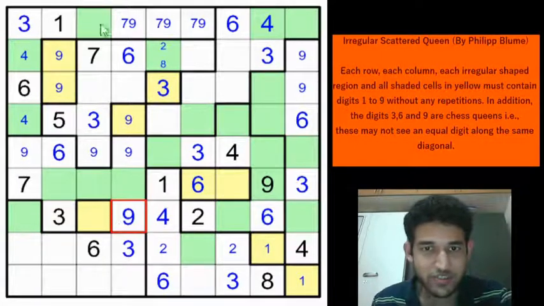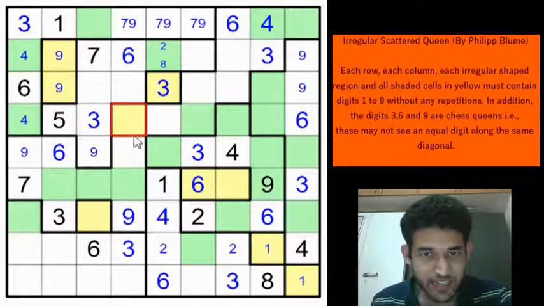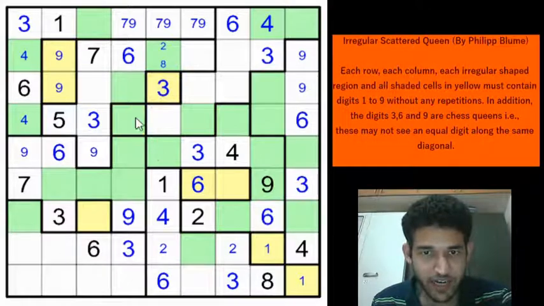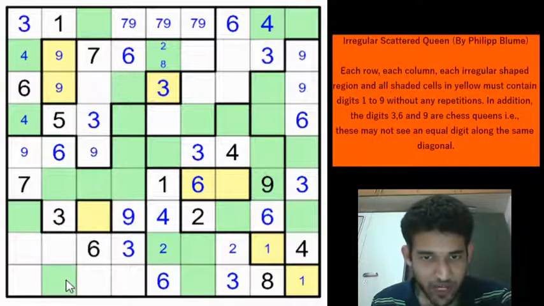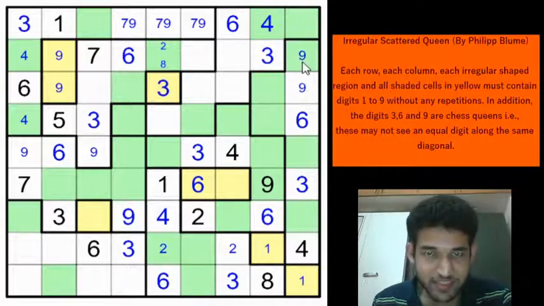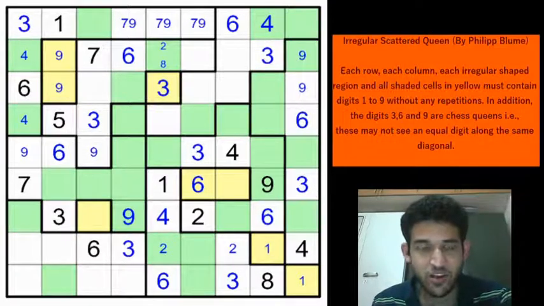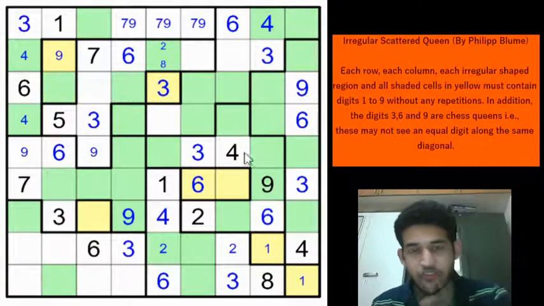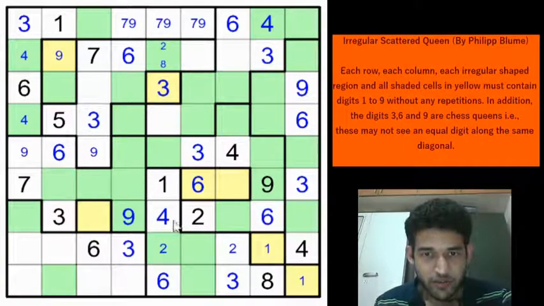Because this 9 is going to help us a lot. We can eliminate this cell as 9, this cell as 9. Right? And let's mark some more green cells that will give us clarity. We can't have 9 here, and in the diagonal direction you can't have the 9 here, you can't have the 9 here because of this 9, and that eliminates this 9 as well, right? Because this 9 is diagonally seeing this 9, so we can eliminate the 9 from here. Wow, the Sudoku has lots of beautiful deductions which are kind of difficult to see. So a 9 is here, 9 can be eliminated from here. Okay, we can mark that in green. The more we eliminate, the more easier it would be for us to spot.